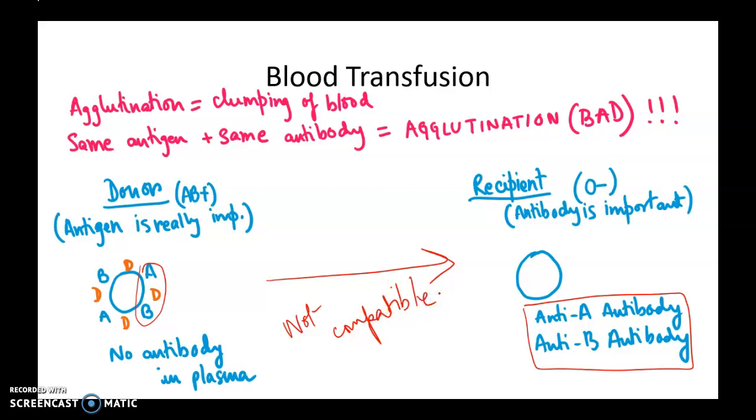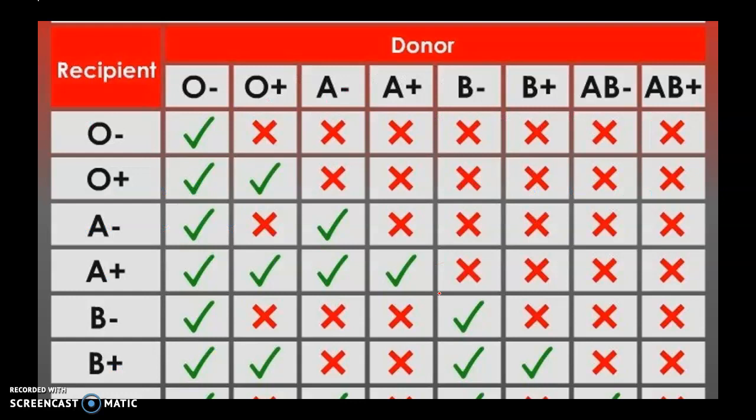Good. And if you try practicing these different scenarios, you will end up with this chart. Listen carefully. For heaven's sake, do not memorize this chart. The reason why I drew out the donor-recipient scenarios is for you to understand how to handle the question. So if in your quiz or lab practical exam, I ask you,